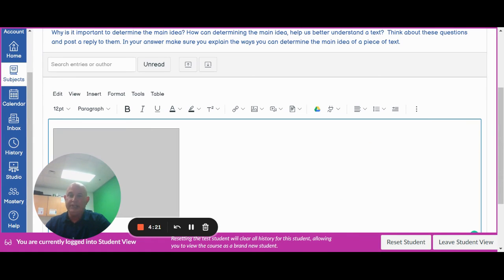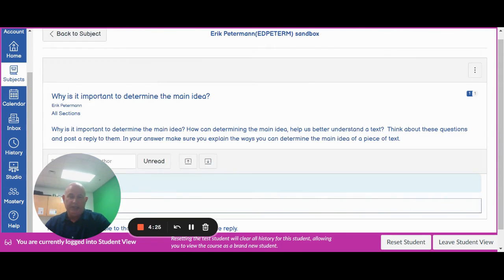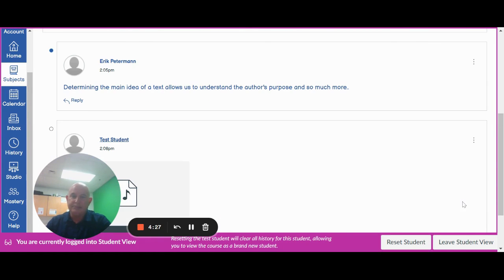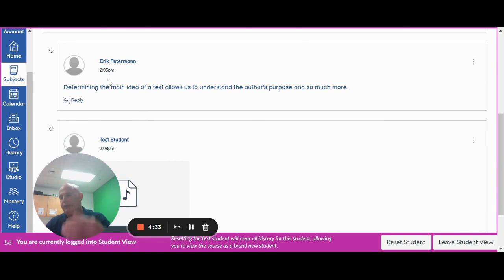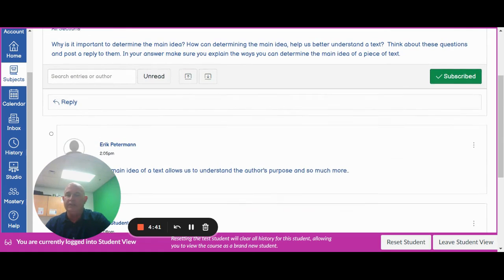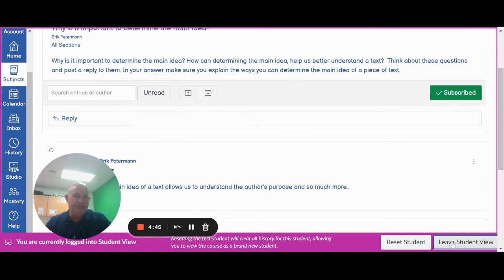So I'm going to then save the media. It's in there. And then voila, I'm going to post a reply. Okay, and now you can see test student. Notice how I couldn't see my response earlier as the teacher. This is also another way I could differentiate as two people inside of one, a test student and myself, inside of the discussion here. Now I'm going to hop out of the student view